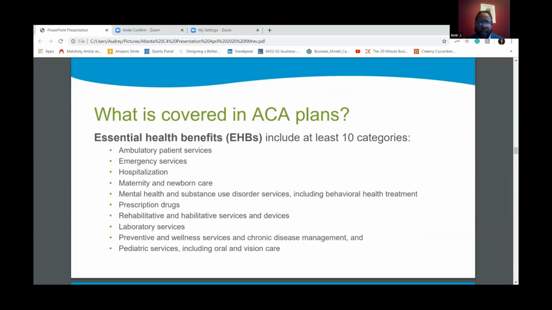So thank you all for your patience as we go through this. It looks like there's a question about when special enrollment periods are. So just to reiterate, November 1st through December 15th is open enrollment here in the state of Georgia. Special enrollment periods are outside of that time. So we are currently in the window of a special enrollment period. Okay, so are there any other questions actually while we're pausing on what's been covered?